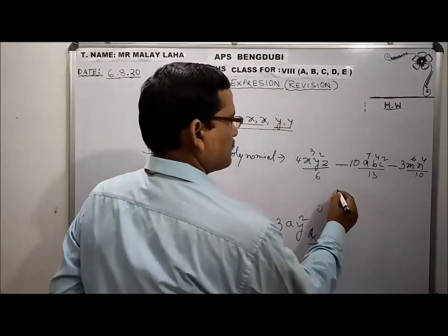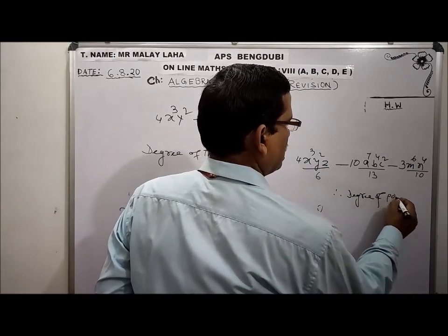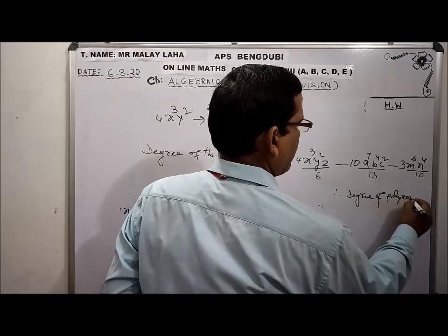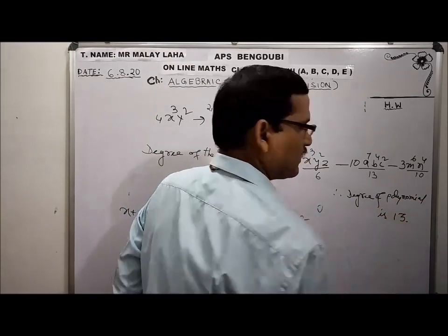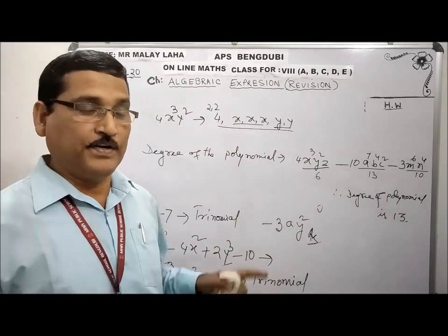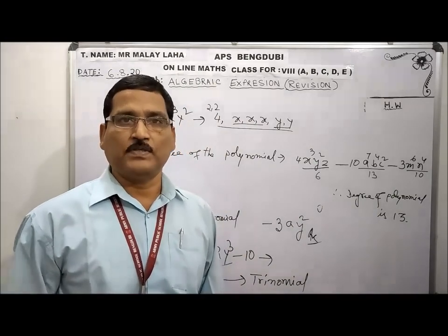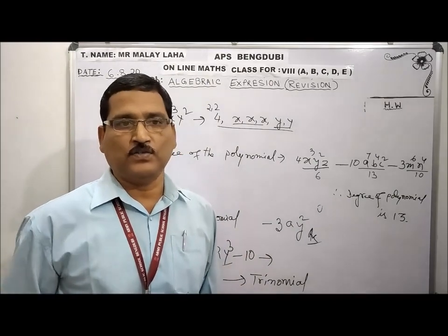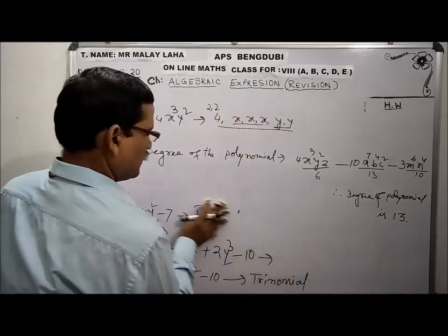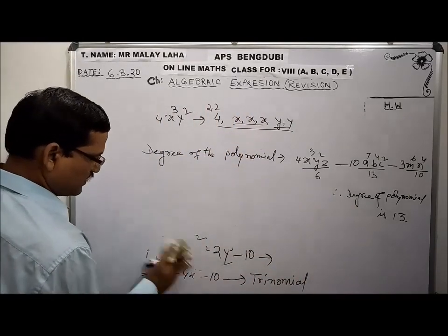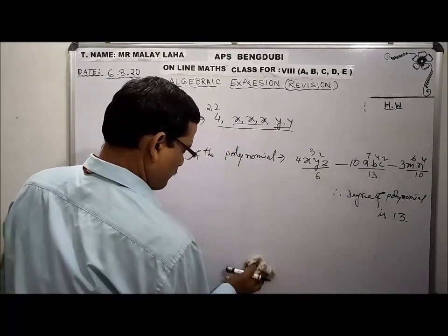So therefore, degree of polynomial is 30. Have you understood? Be careful. Definitely this type of question will come. Okay? Everything cannot be given in a written form. Something you have to keep in your mind also. Presence of mind. Whatever I am discussing in a classroom, everything cannot be given in a written form. I am just giving you a clue. You have to be ready for that. Okay? How to pick up.